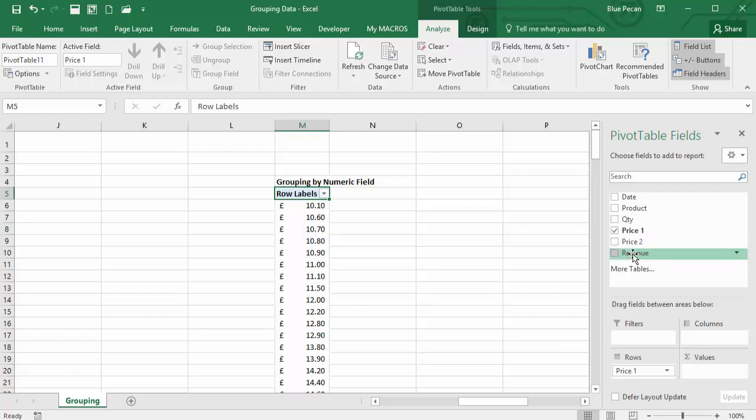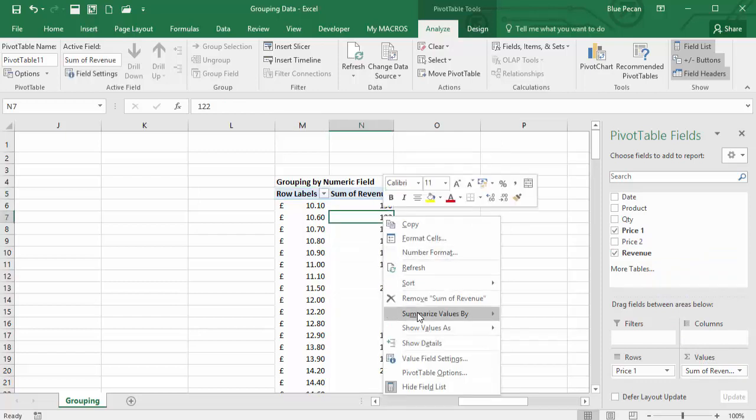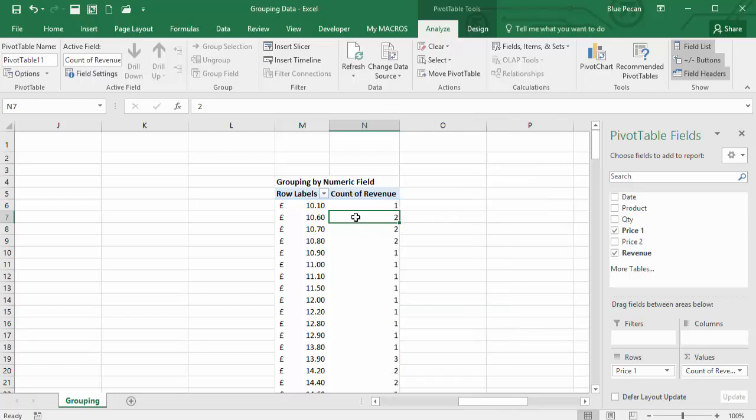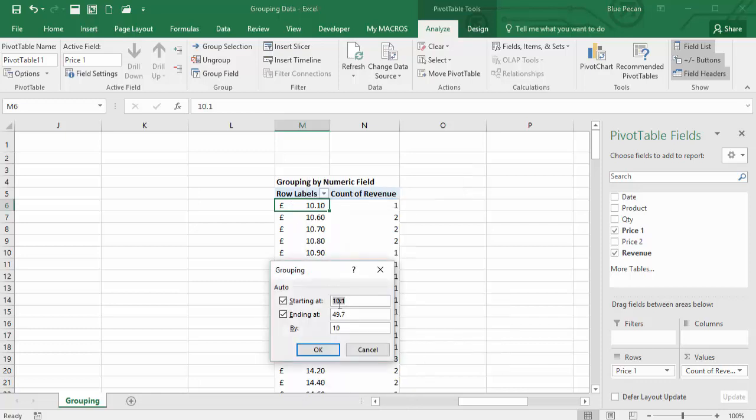So what I'm going to do is put revenue into values. Now, I don't want to sum up the revenue, I want to count. So I'm going to right click, summarize values by count. So this is showing how many products were bought at each of these prices. But what would be more useful is to show the prices in price ranges. So I might have 10 to 15, 16 to 20, etc. So let's try this. Right click into one of our numeric values, go to group,